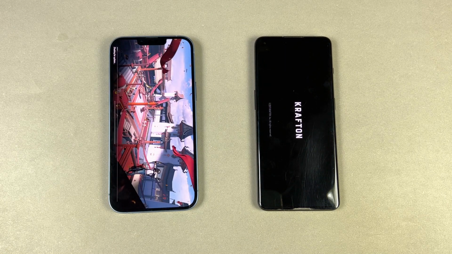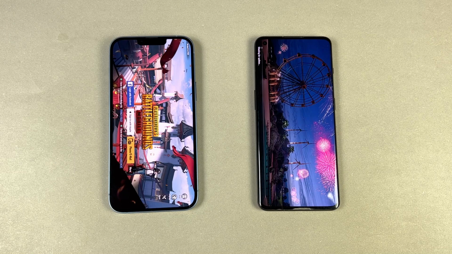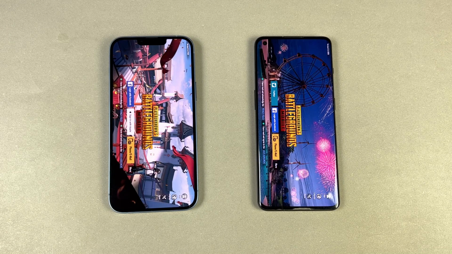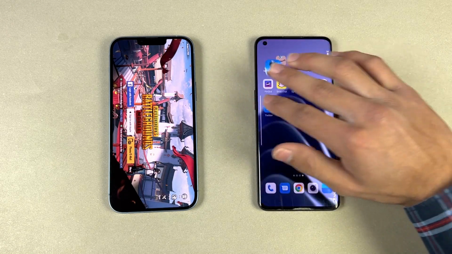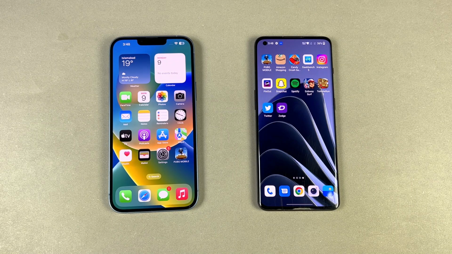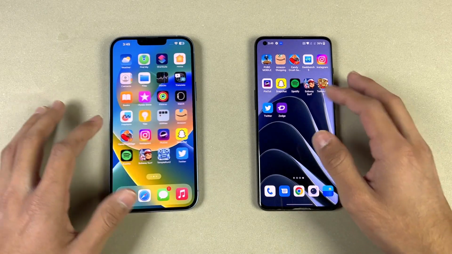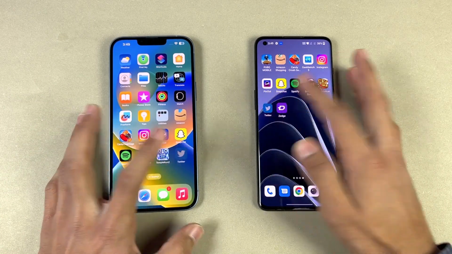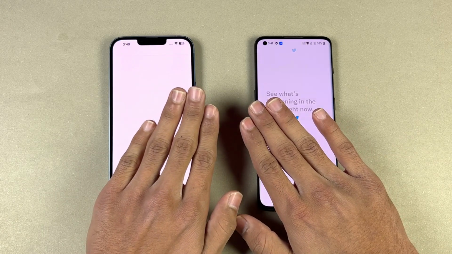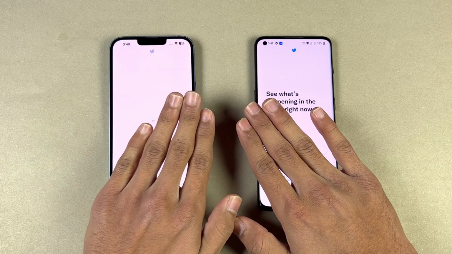But the Snapdragon 8 Gen 1 is not as powerful as the Apple A15, as you can see. So iPhone 14 Plus is taking the lead, and both phones will give you smooth graphics with extreme frame rate, no 90 fps. So now let's open up Twitter, that one is faster on the 14 Plus, and the display